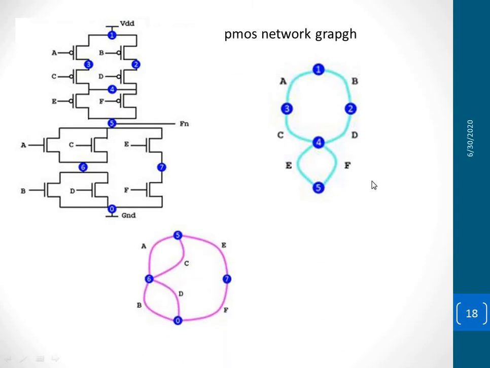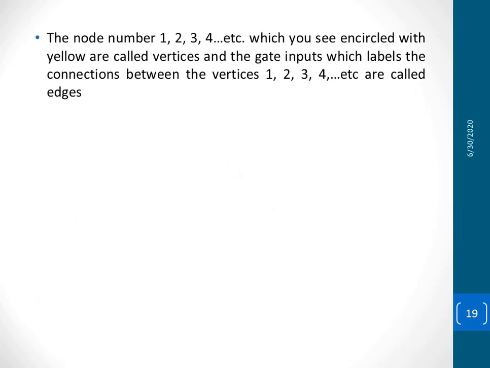Similarly, for the NMOS network graph, you can see here between node 5 and 6 I have 2 in parallel, A and C, and between 6 and 0 I have B and D. And between 5 and 7 I have E, and 7 and 0 I have F. This is the NMOS network graph. So the node numbers 1, 2, 3, 4, etc., which you see encircled with yellow, are called vertices, and the gate inputs which label the connections between the vertices